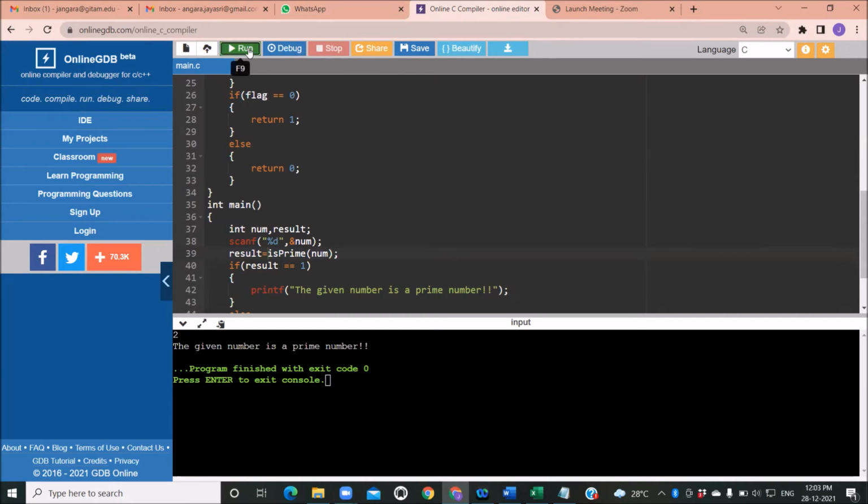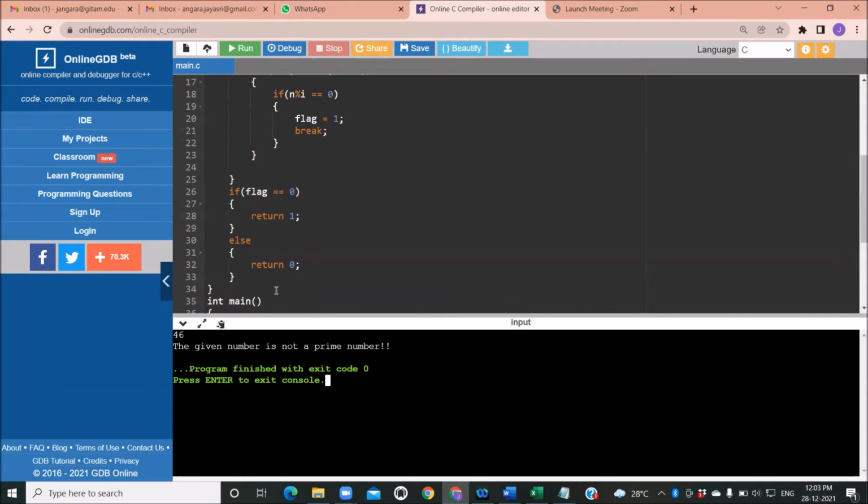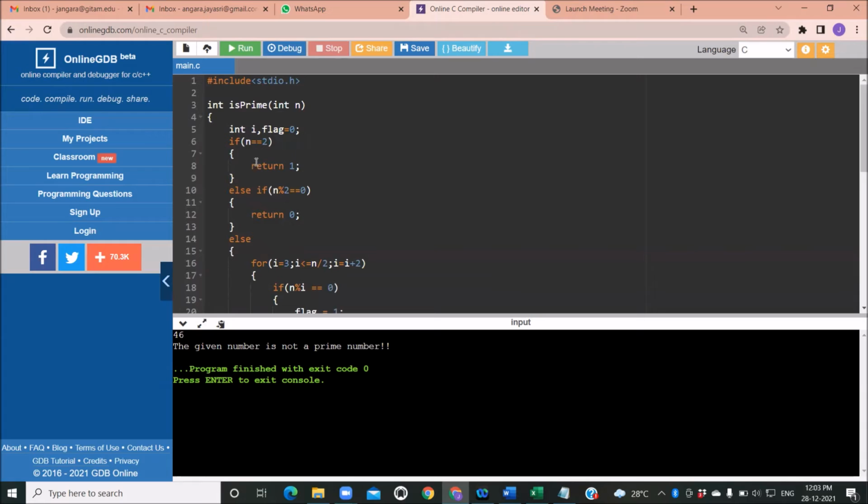Now let us run for any kind of even number, 46. Again, the output is the given number is not a prime. Why? Here, 46 is sent as input to this function, and it is checked whether n is equal to 2. It is not 2. Now it gets verified in this particular condition: is the number that is received divisible by 2?